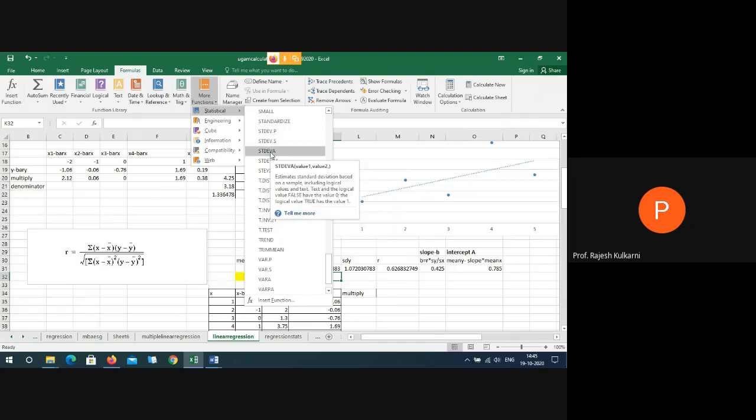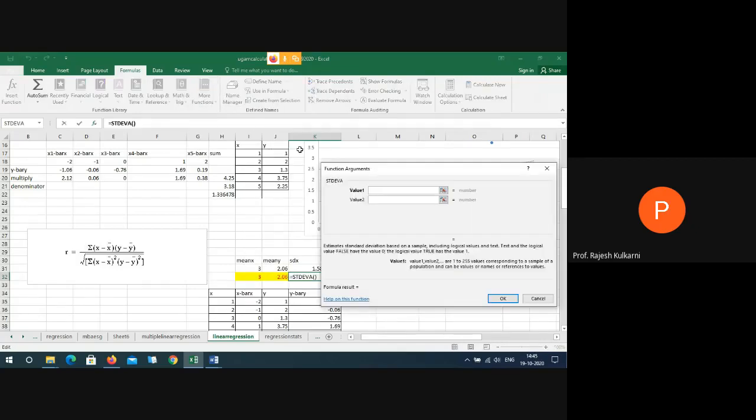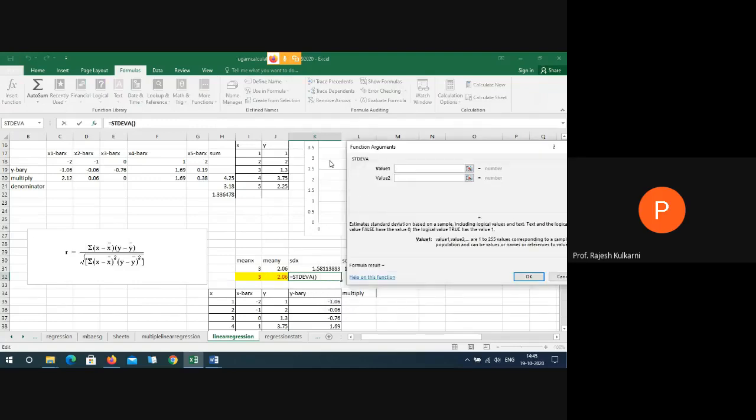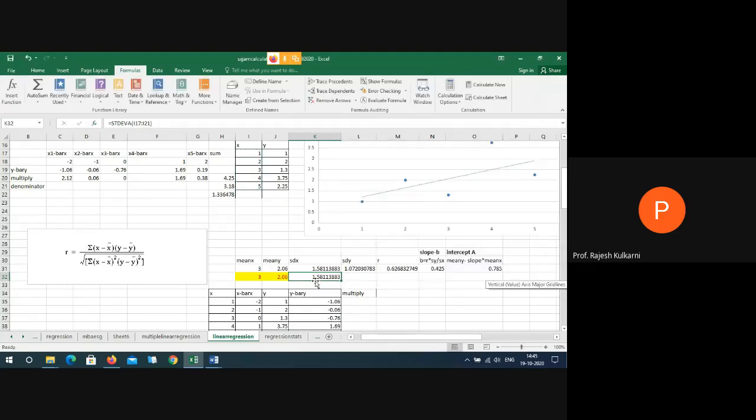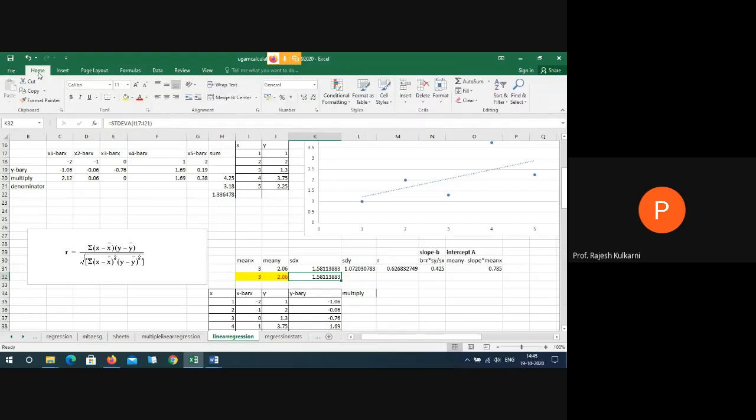So here standard deviation is there. I'll go for the standard deviation of A, and I'll check out the value of this, and I got the answer here. So second years, you can tell me the value which I calculated using the formula for standard deviation. What value did I calculate? Parallelly, I'll highlight that.